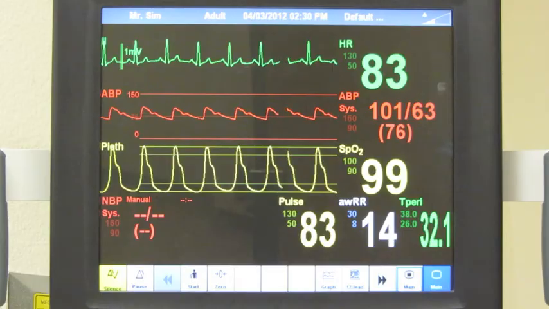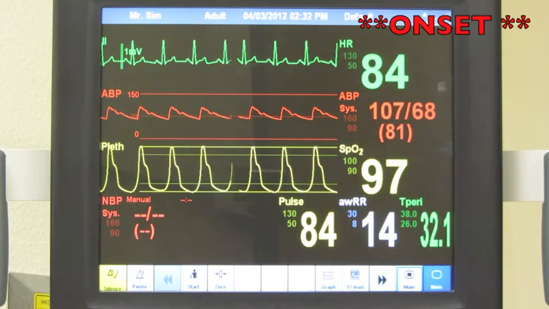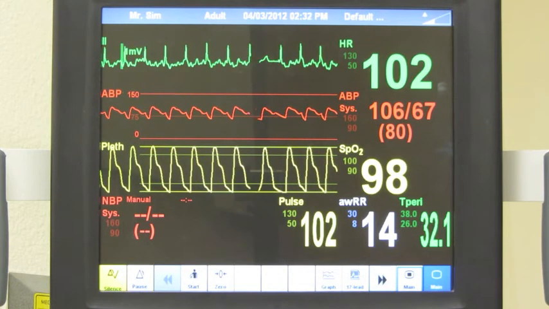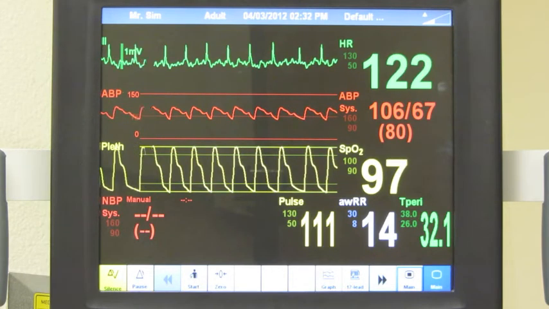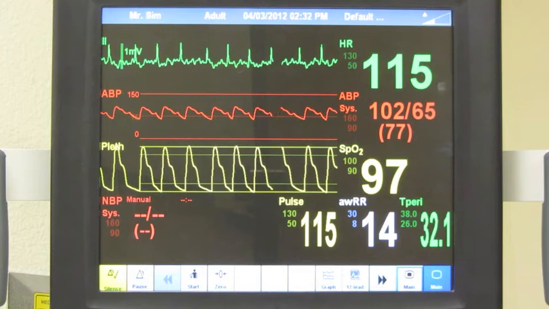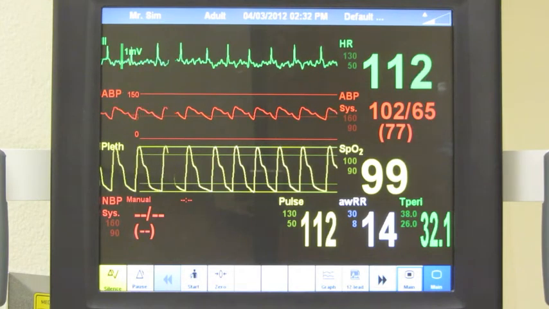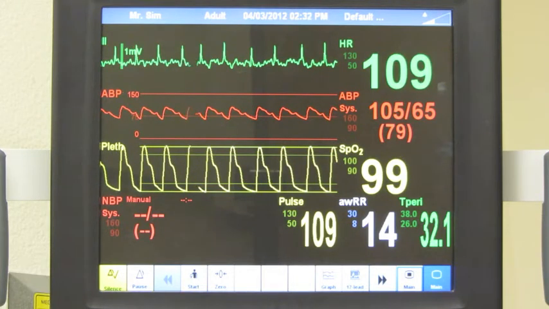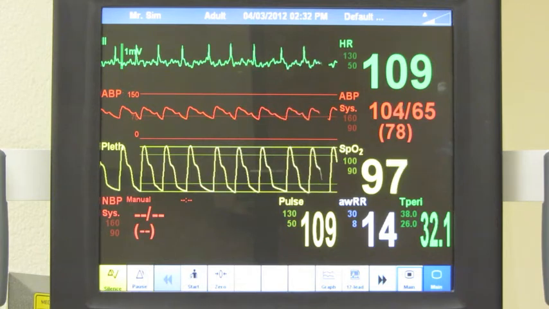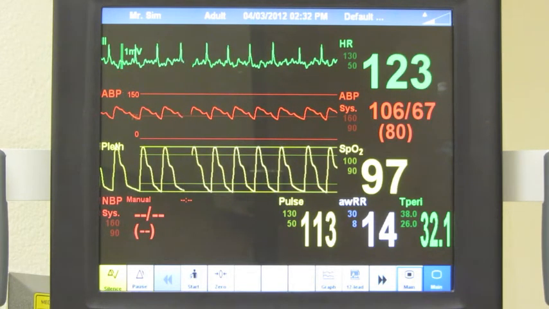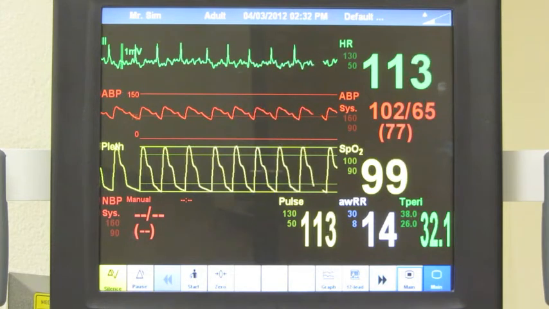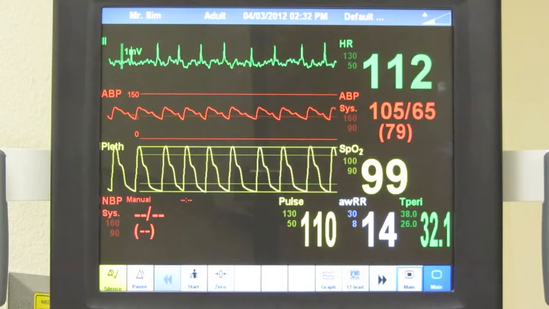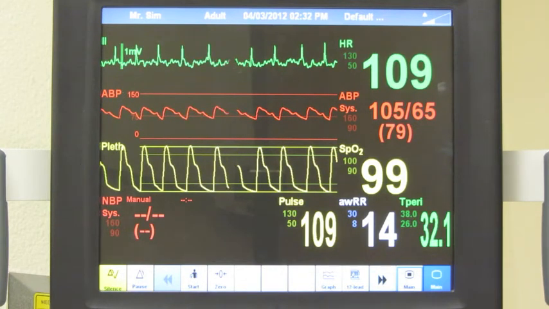Atrial fibrillation is the erratic quivering and twitching of the atria. It is due to multiple ectopic foci in the atria. It is a sign of irritability in the atria, and as you see on the screen at this point, it gives no distinct P wave, but rather a wavy line with intermittent QRS complexes that appear relatively normal. Atrial fibrillation results in no coordination between the atria and the ventricle, and the actual heart rate of the ventricle is determined by the AV node. Since the signal passes through the AV node normally, the QRS shape may be normal, but the ventricular rhythm may